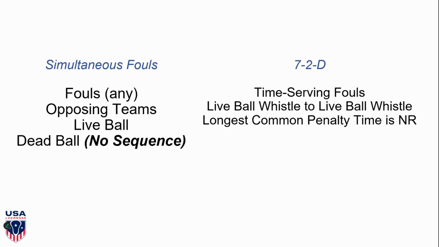So simultaneous fouls, by definition, are any types of fouls on opposing teams, either during a live ball or when the sequence cannot be determined in a dead ball. You have a melee and you can't figure out who was first. That is simultaneous. On the flip side of that, we have 7-2D, and it simply states when we have time-serving